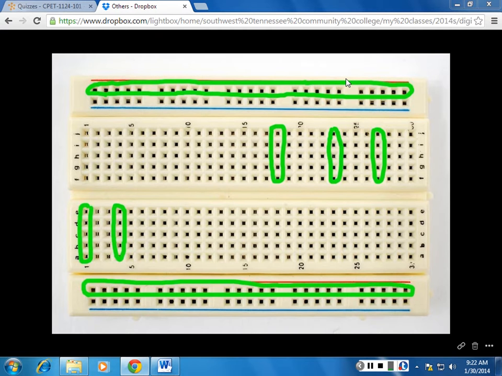So for example, if you connect a wire here in this point, and then connect another wire here, you are basically making those wires short, meaning connected. We use the breadboard to place all the ICs